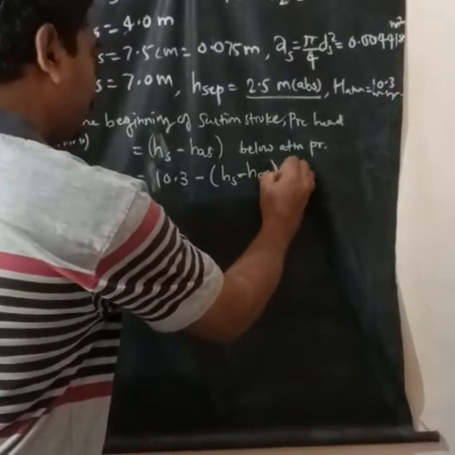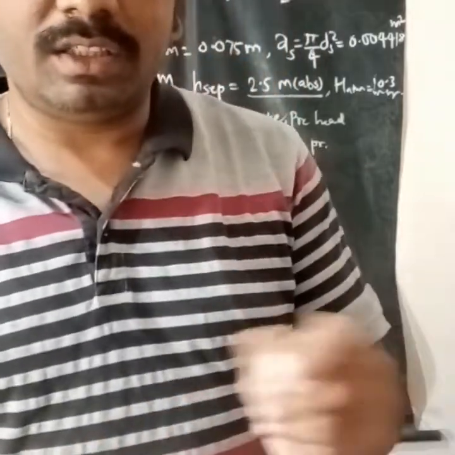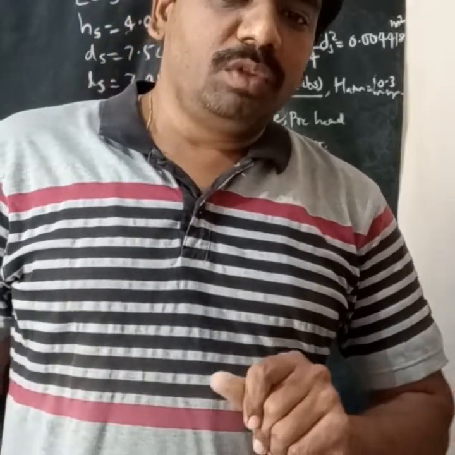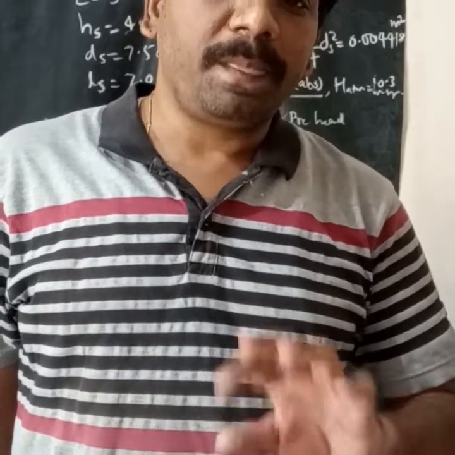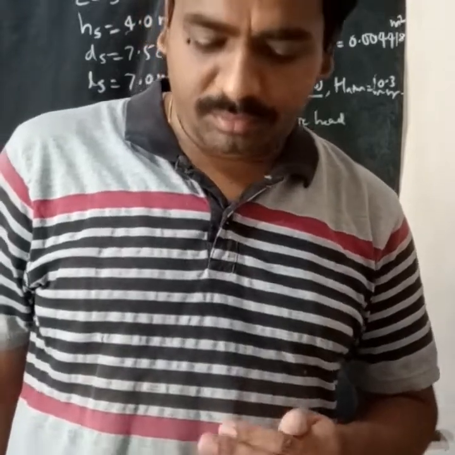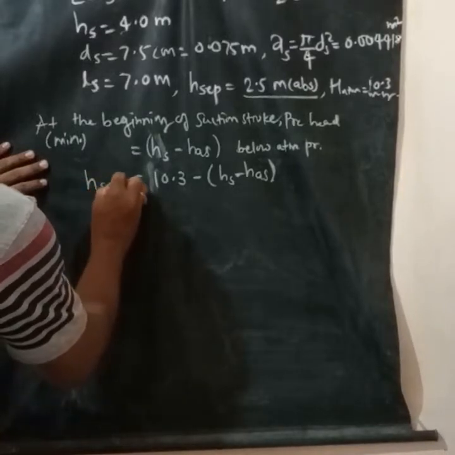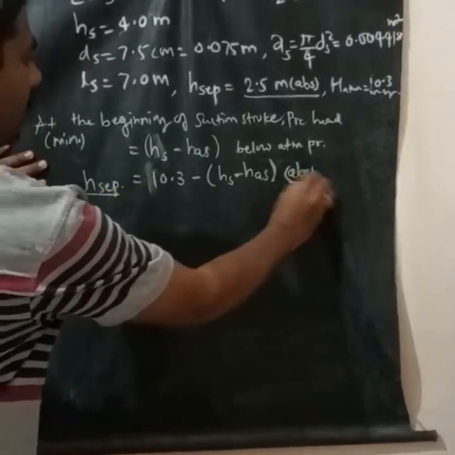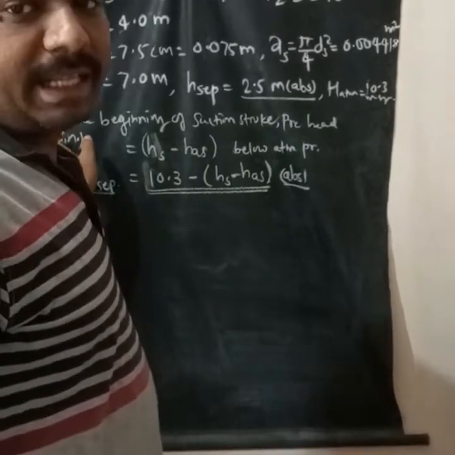Now from this particular expression, we require the maximum speed. Speed is n, and the constant omega is omega equals 2 pi n by 60. So we will find the two expressions for HAS and equate them, then calculate the value of omega, and after that we'll get the value of n from it. So this will be representing the H separation. This absolute value should be equal to this; it should not go below that.